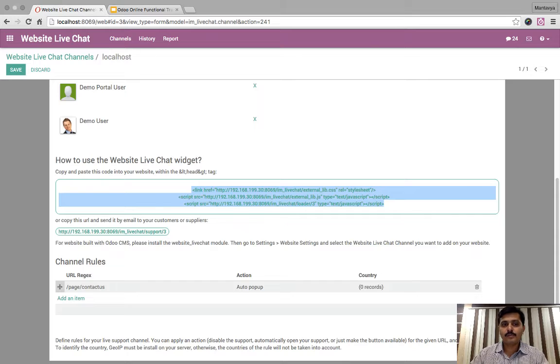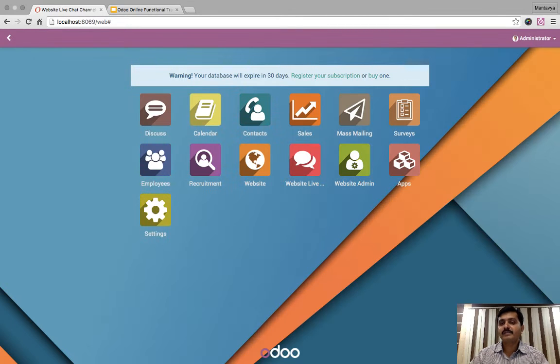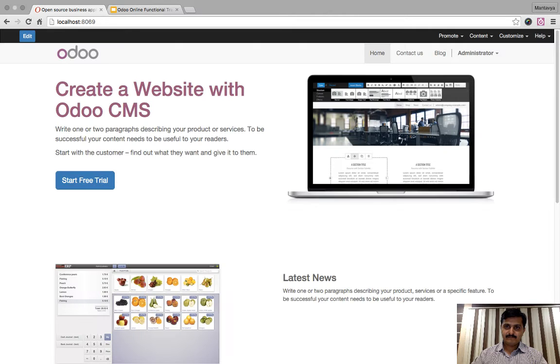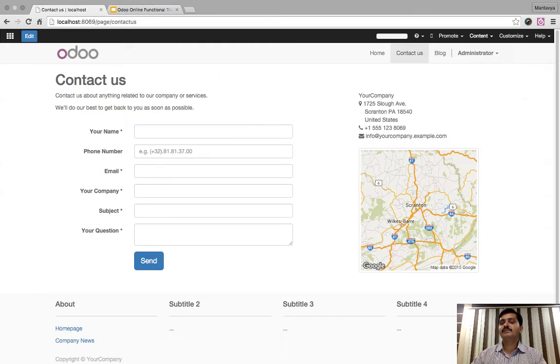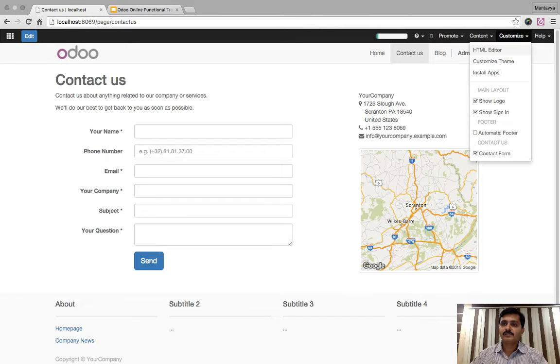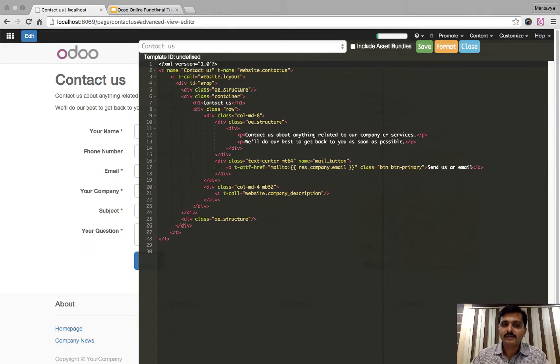Say you have to copy and paste this code to the page. I don't think I have to copy paste, but let me try. It should be done automatically. So let's go to the contact us page, and I will show you how you can change the content of the HTML page without going into the code. But you have the possibility to change the code from here, which is an HTML editor, and let me add, okay,